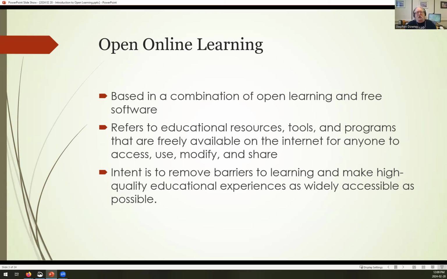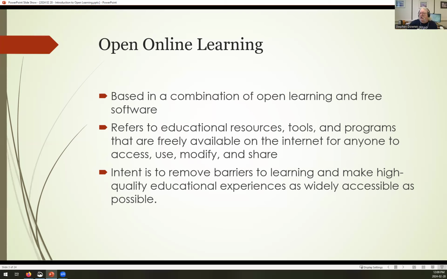Where this is combined with free software is in the idea of not just the course, but the resources, materials, etc. for that course being freely available. Just like the model of free software, except in this case, it's free content. Sometimes also called open content. Now, we'll talk a lot more about that.